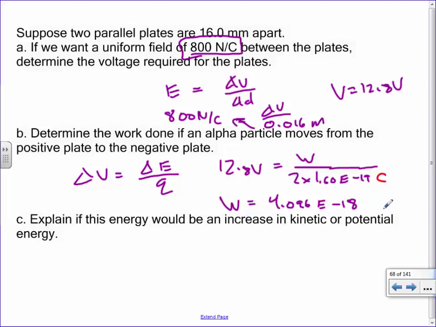Okay, this work value right here then would be measured in joules, which I didn't tell you which unit to put it in, but if you didn't want to measure that in joules, you should be able to convert it to electron volts. All that means is you just divide by 1.6 times 10 to the minus 19, and then you could get, like, say, 25.6 electron volts. You guys handle that calculation I just pulled off there?